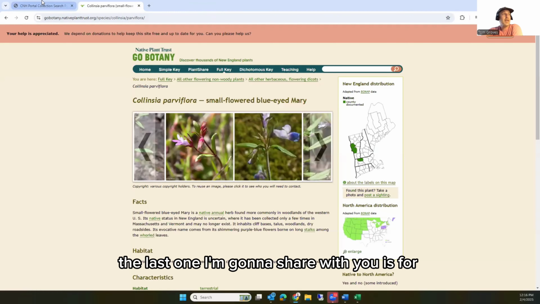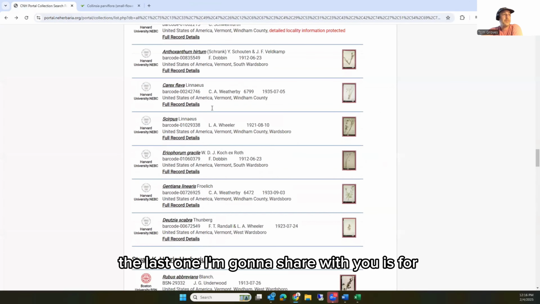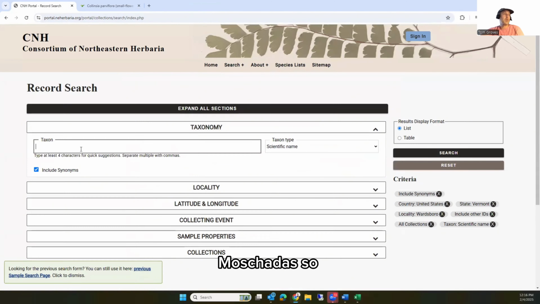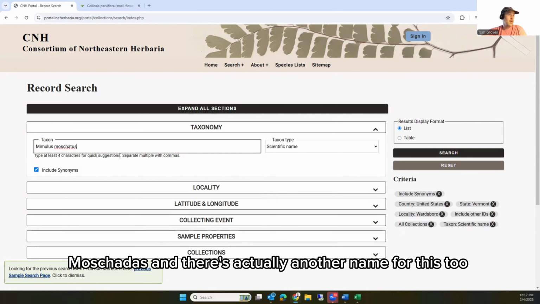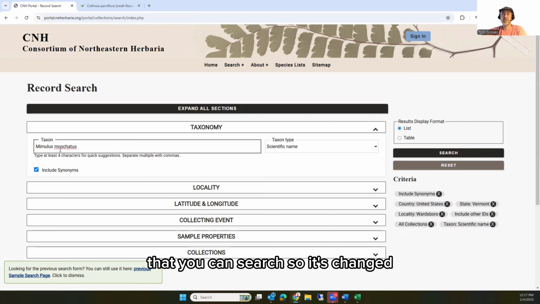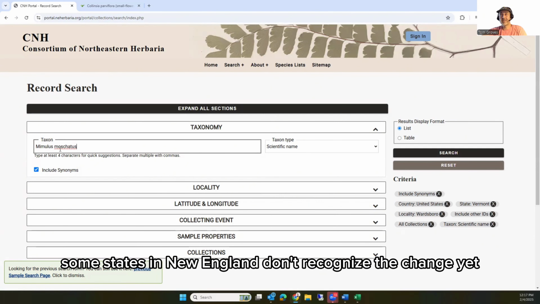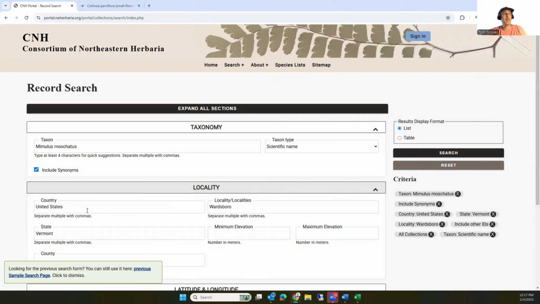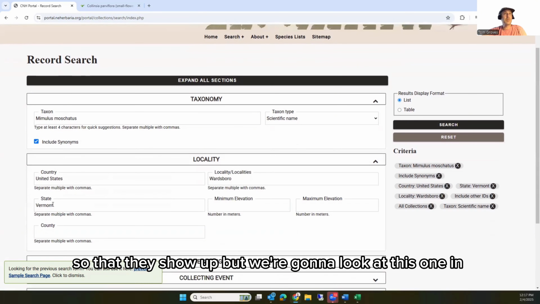interesting. The last one I'm going to share with you is for this plant called Mimulus moschatus. So let's see. There we go. Moschatus. And there's actually another name for this too that you can search. So it's changed. Some states in New England don't recognize the change yet, but other places do. So it's helpful to search both names so that they show up. But we're going to look at this one in